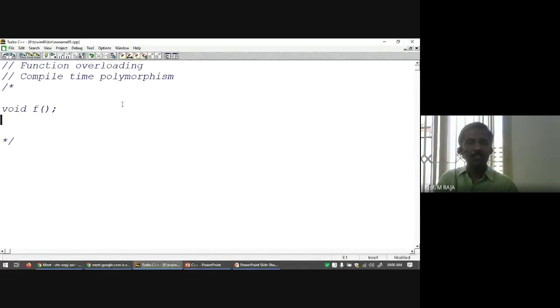Assuming the declaration is return type, function name, parameters, semicolon. Consider the second function, say void f1. This is one function declaration. Another function, say void f2 with some parameters, say int comma int. Another function is void f3, which takes some parameters, float comma char. Assuming that these are the function declarations,